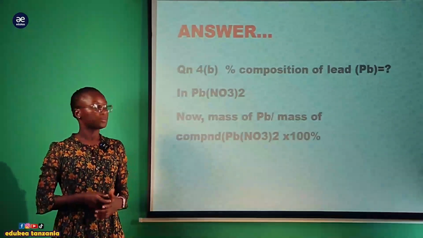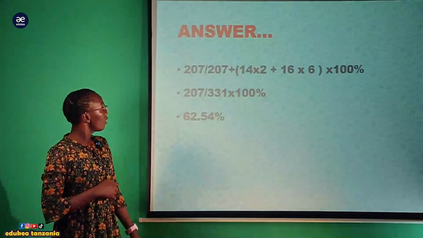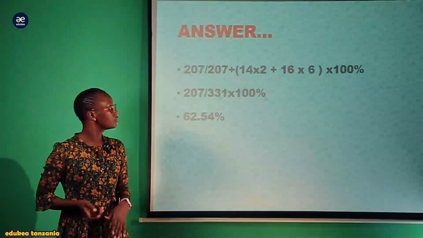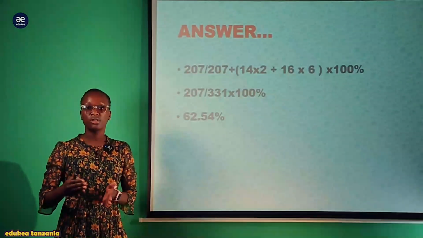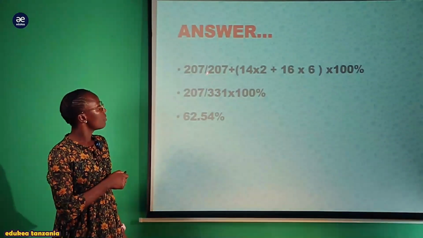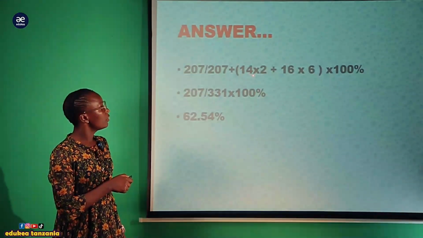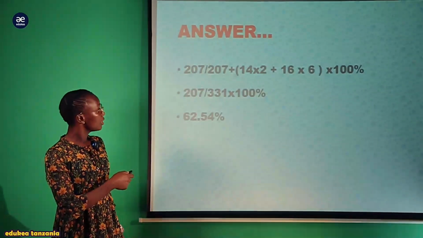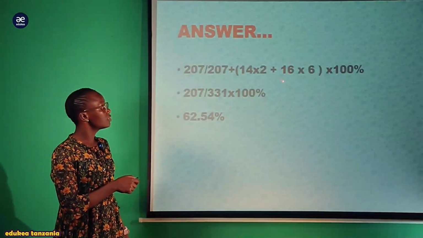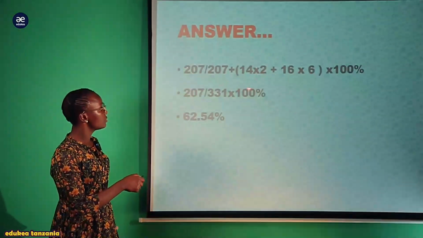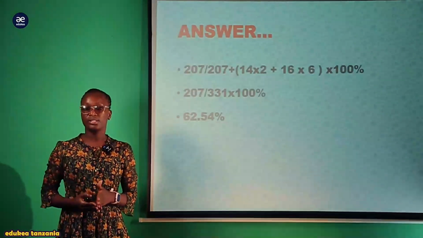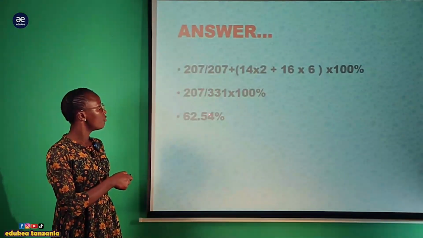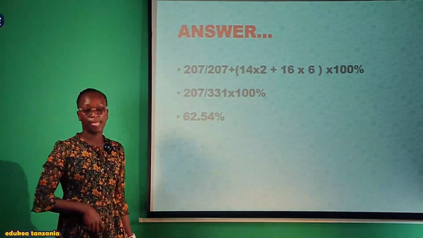Therefore this is our formula whereby mass of lead obviously ni 207, lakini mass ya compound nzima ambayo ni lead nitrate tunaipata kwa kuchukua summation of the masses. Kwa hiyo tunachukua lead ni 207 plus bracket carbon ni 14, this one nitrogen ni 14 mara 2 plus oxygen ambayo ni 16 mara 6, lakini hii total nzima tunazidisha kwa ngapi? Kwa 100% ili tuweze kupata percentage composition ya lead. Therefore baada ya kuchukua hapa tutapata 207 over 361 mara 100. Baada ya hapo tunazidisha, tunagawanya, tunapata jibu letu ni